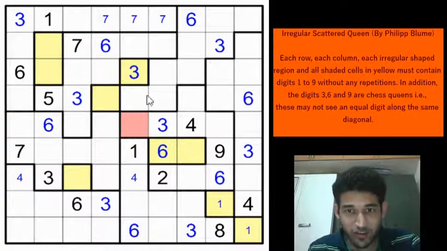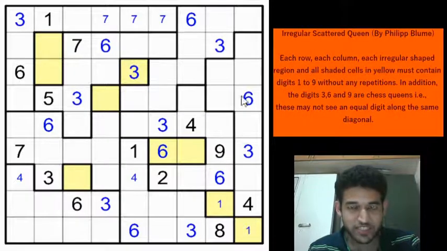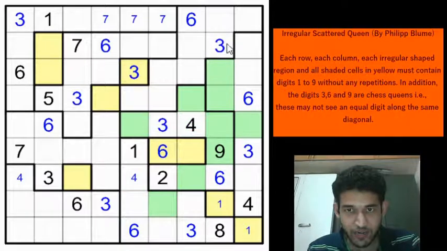Okay, now let's focus on the 9's, right? There is a solo 9 left. We will try to use the same thing that we did with the 3 and 6 to see if we can play around with the 9's. So we will use maybe green color for the 9. So this 9, you can't have a 9 in any of these cells, right? And 9 sees this cell diagonally, so you can't have 9 anywhere here. Okay, and 9 can't be anywhere here.